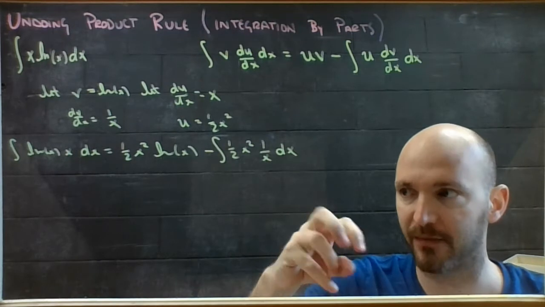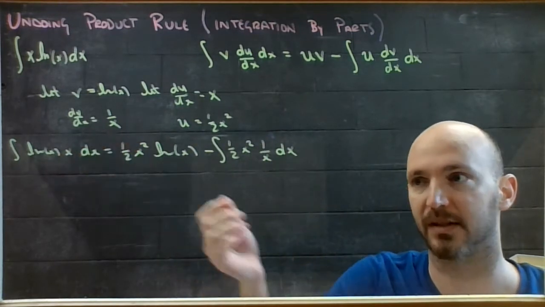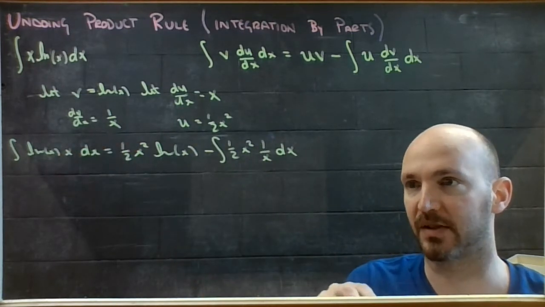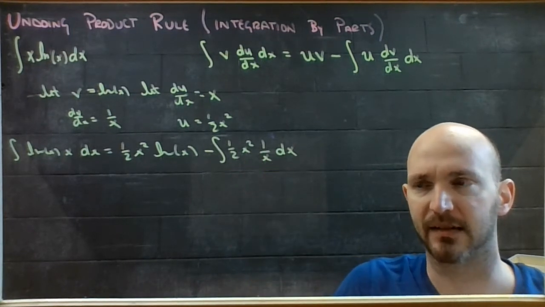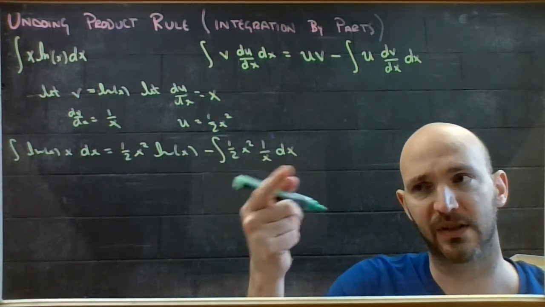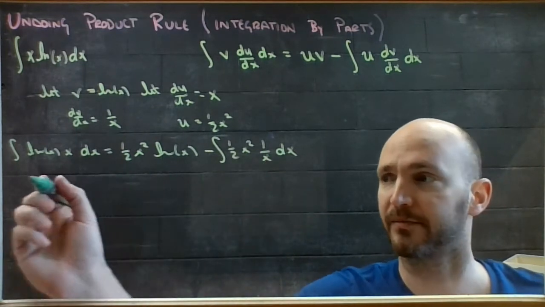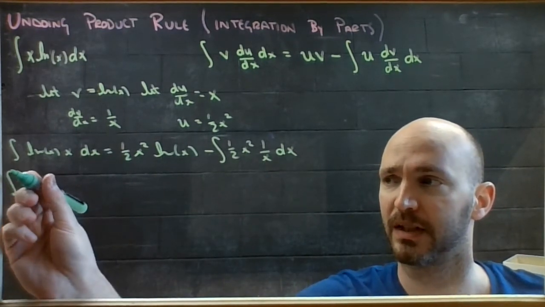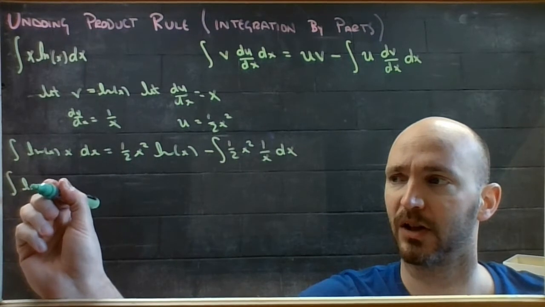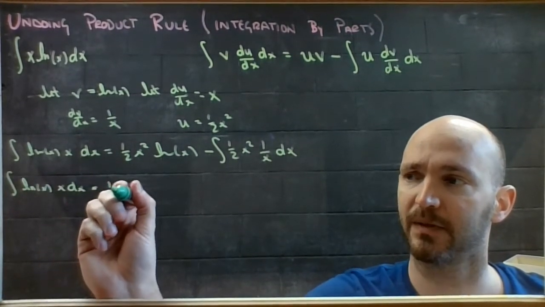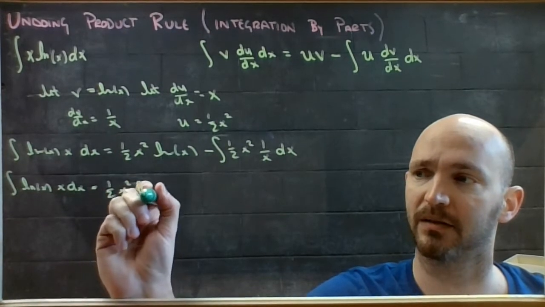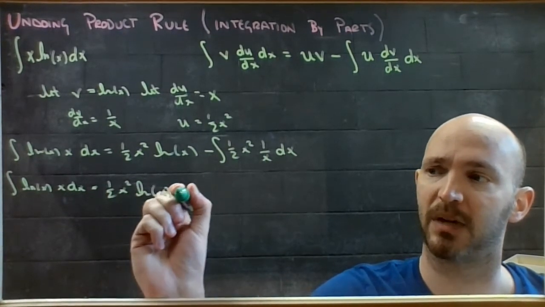It's pulled that function right out of the calculus part of this exercise, and it's left me with an x squared divided by an x. Well, that reduces to just 1/2 of x. So the integral of x ln x dx is 1/2 x squared ln of x minus